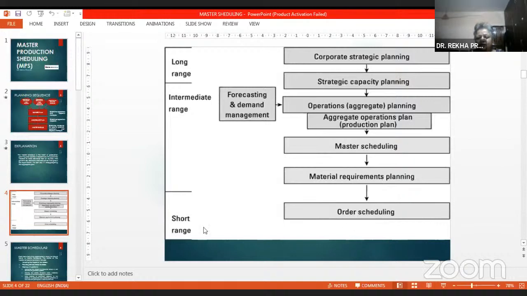From there, the short range is the order scheduling. In a small time, day to day or weekly basis, how do you order the things, how do you get the thing, what type of work you are going to do, all this will come into short range.